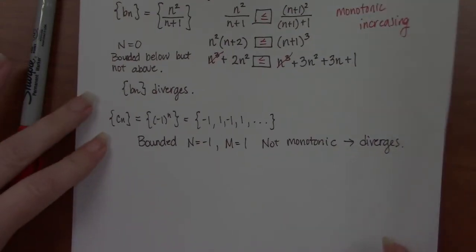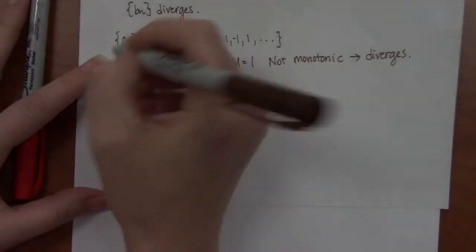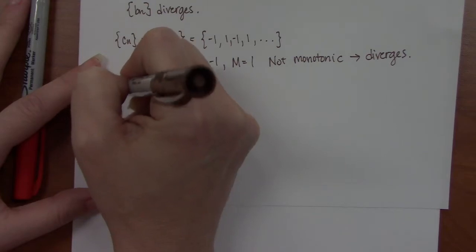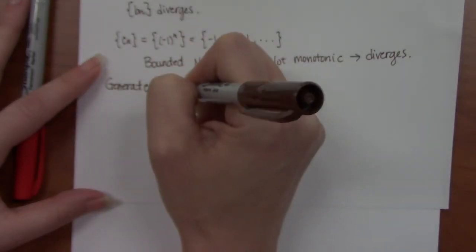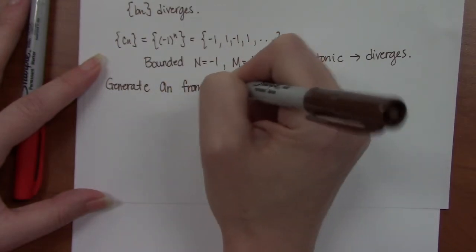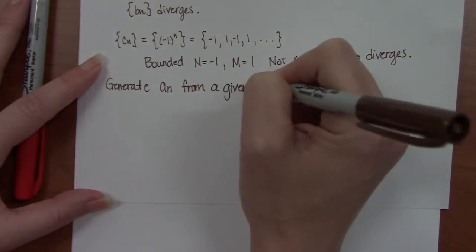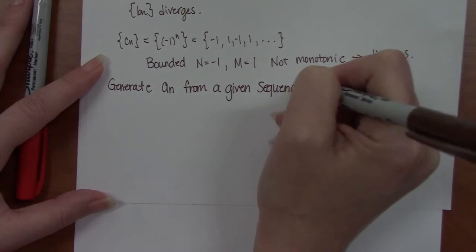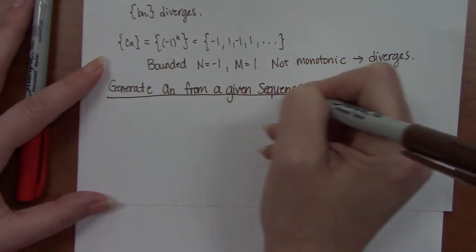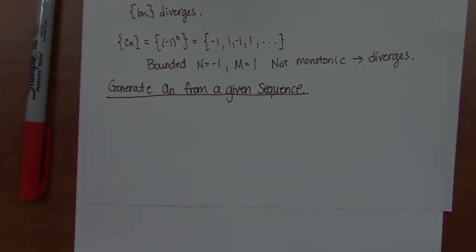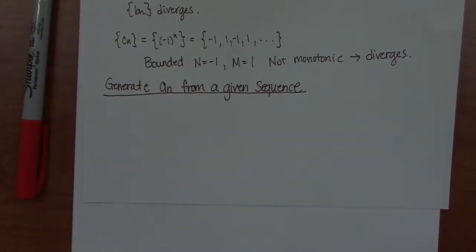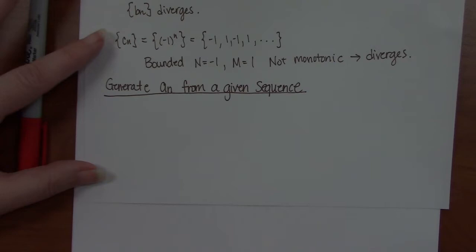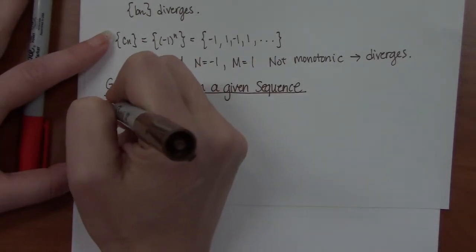All right, so how do you generate a sub n from a given sequence? So this is something we're actually going to need to do early on in section 9.2. So we need to make sure we can recognize these patterns in these numbers and see what's happening. So the first sequence